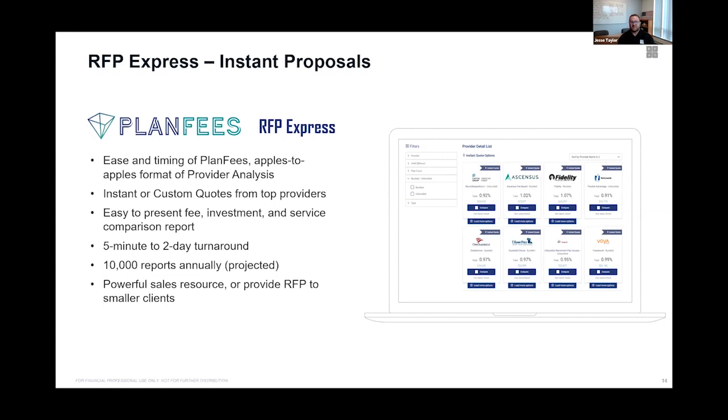So RFP Express, it has the ease and timing of the PlanFees tool. It really just takes a few minutes to create a report, but also gives you that apples to apples comparison of the provider analysis. You can do instant quotes from top providers, and we'll share some of those providers, or get custom quotes as well if a plan falls outside of that demographic match or outside of the parameters that a service provider has entered,